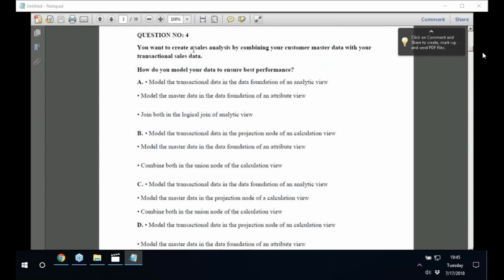What is it asking here? We want to do sales analysis. How do you create customer master? And how do you model transactional sales data? It's a very simple question, please see. This answer is very, very lengthy. Customer master data with transactional sales data. So this is transaction data and this is master data. What it is trying to do is combine. Where you can do this,